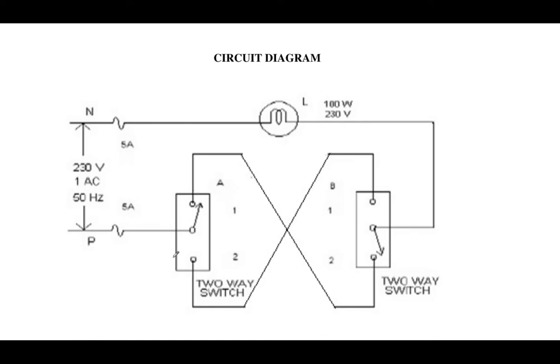Here we are using the two-way switch, which is an SPDT, single pole double throw switch. The middle point is connected to the line and the remaining two points are cross connected, and then the load is connected. Here a lamp load is connected. The lamp load is controlled by two switches at different places. Now we have connected the two switches, and we will be doing the connection in Multisim also.